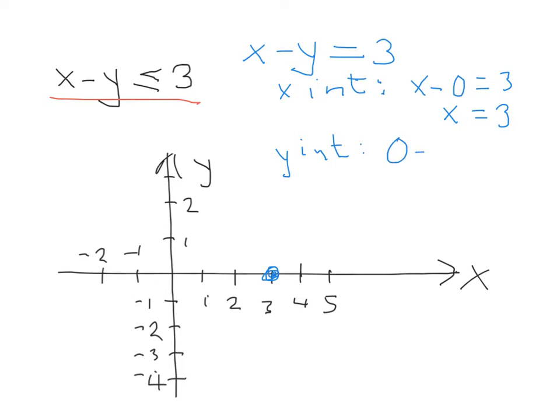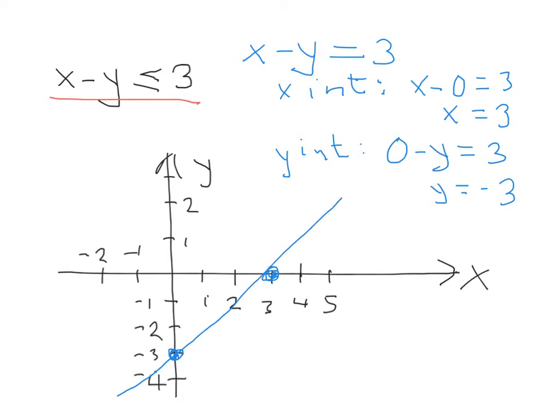So we've got 0 minus y equals 3, or moving things over, or multiplying both sides by -1, we get y equals minus 3 for our y-intercept down here, which means this line, x minus y equals 3,